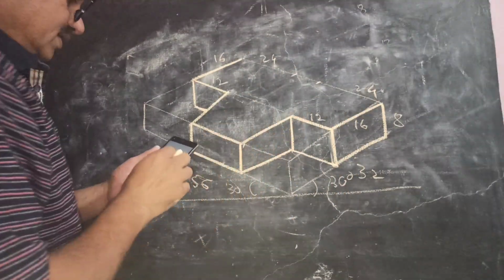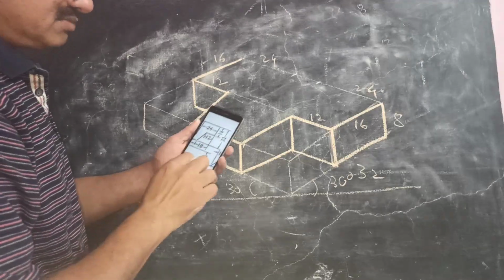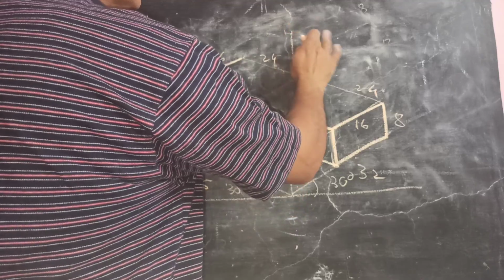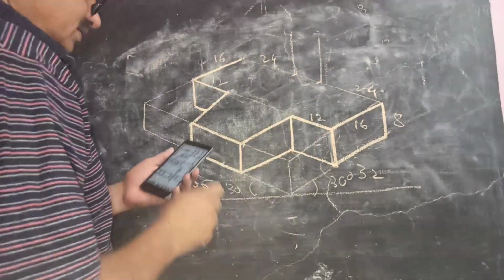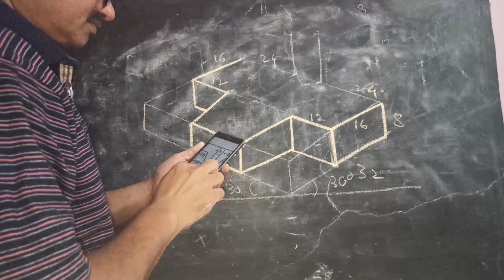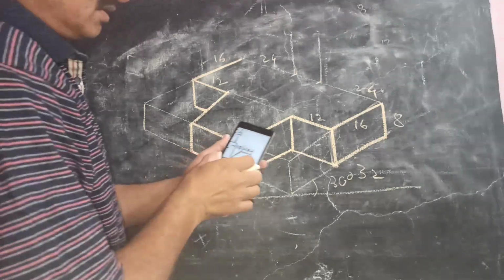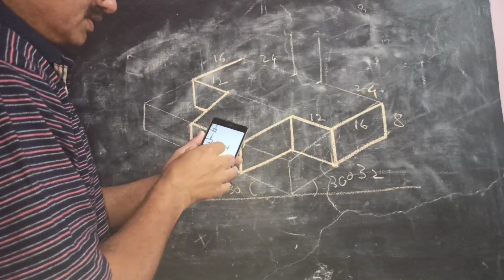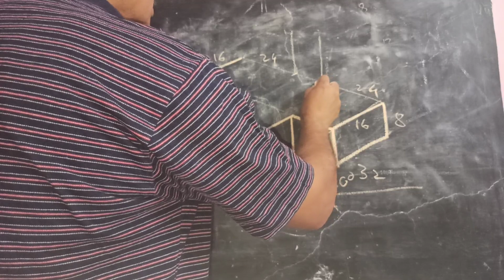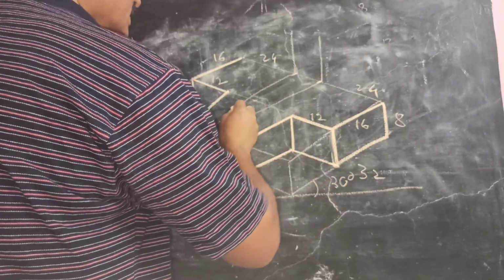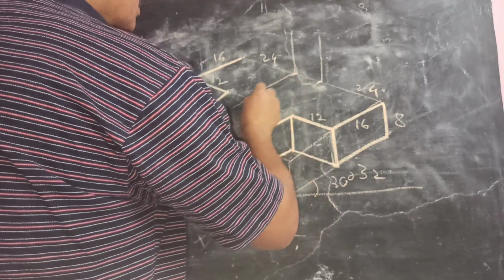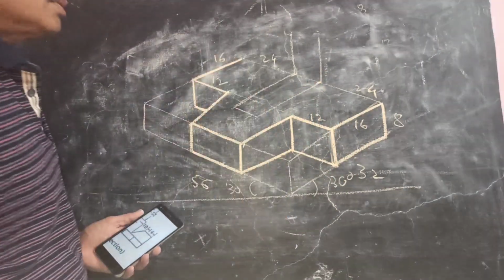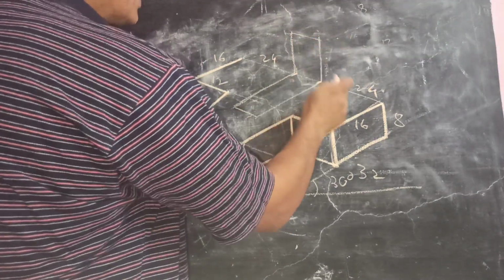So this is 8. The height of this is 16. It is mentioned here. So height is 16. So you can draw 16. Just faint. Then the base of this is given as here, total base, right hand side view. It is given as 14 plus 10, that is 24. So draw the lines, faint lines from here parallel to this of 24 like this. Okay. Then join this parallel to this.